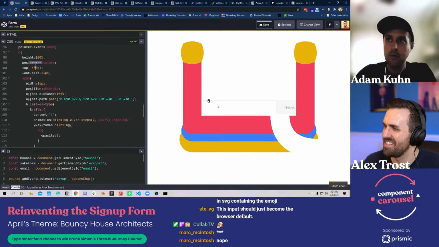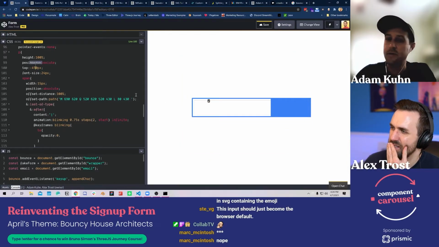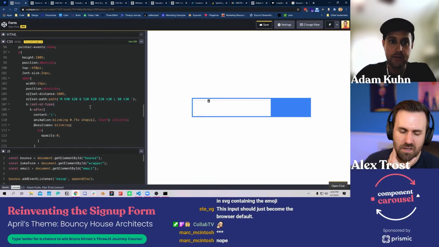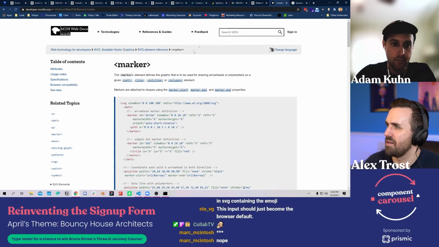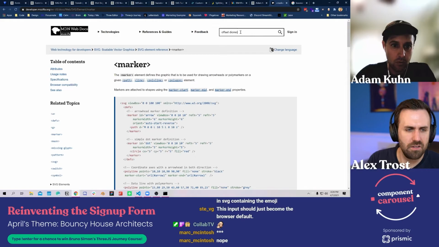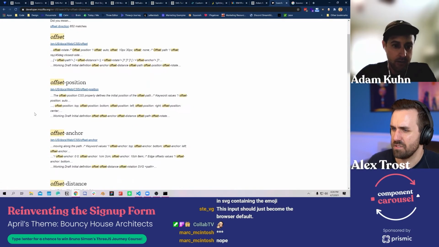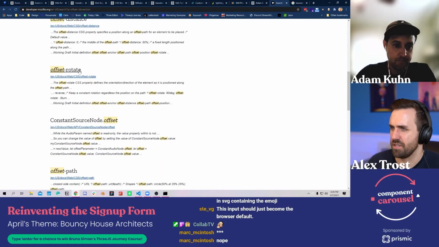I'm trying to remember what the property is for offset. Is it offset direction? I don't know. It's offset rotate. Is that right? Yeah, that should be it. Offset rotate.